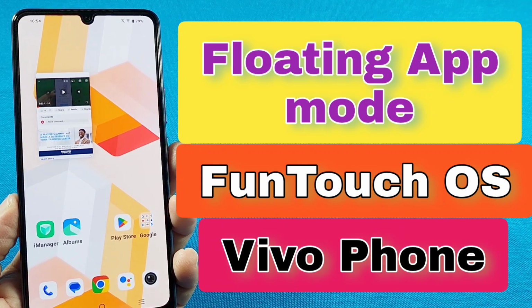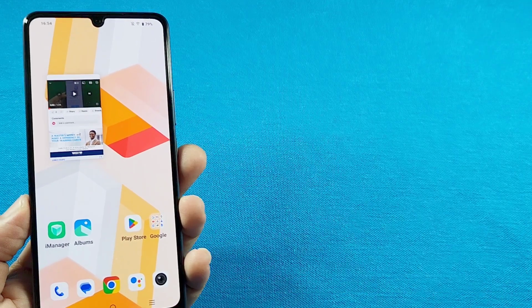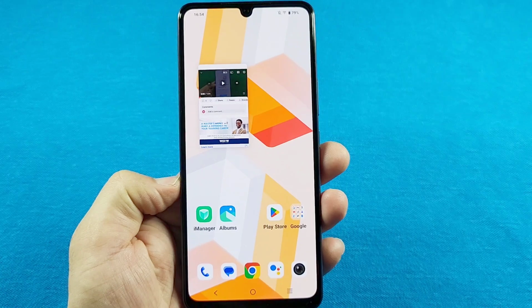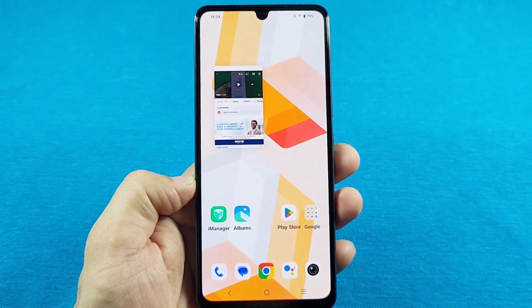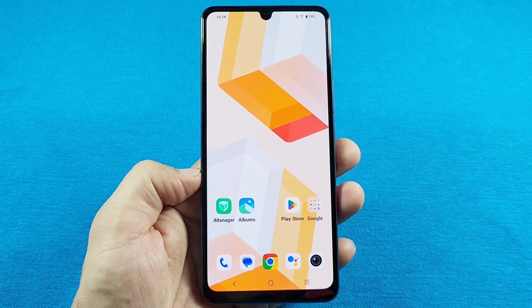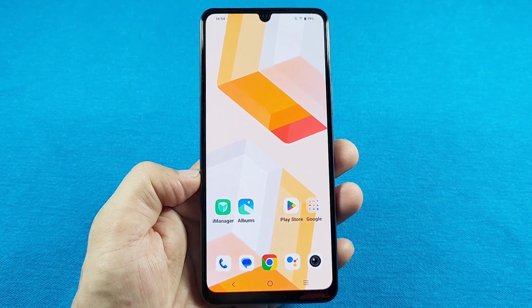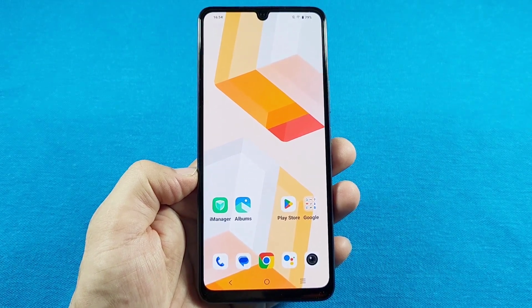How to enable floating app Windows mode on a Vivo phone with Android 14 FunTouch OS 14. This is a global version. Let's get started. The fastest way to do this here is, let's just say you have some apps open already